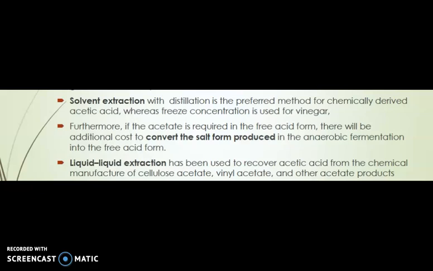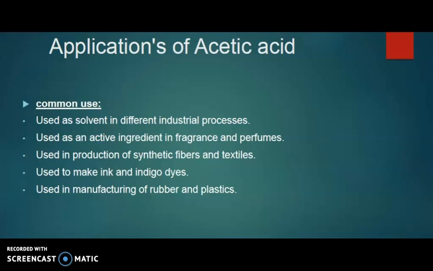If the acetate is required in the free acid form, there will be additional cost to convert the salt form produced in the anaerobic fermentation into the free acid form. Liquid extraction has been used to recover acetic acid from the chemical manufacture of cellulose acetate, vinyl acetate, and other acetate products. Acetic acid is used as solvent in different industrial processes, and it is used as an active ingredient